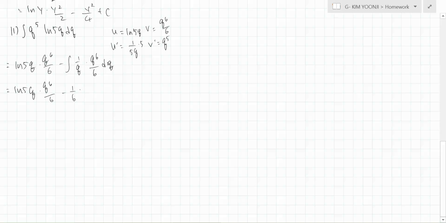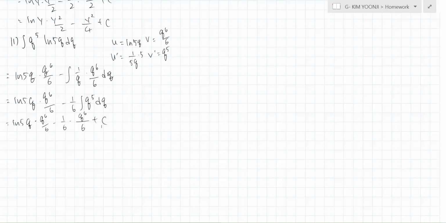So we pull that 1/6 out of the way, so that this whole thing equals ln 5q times q to the 6 over 6 minus 1/6 times q to the 6 over 6 plus c. Okay, which is